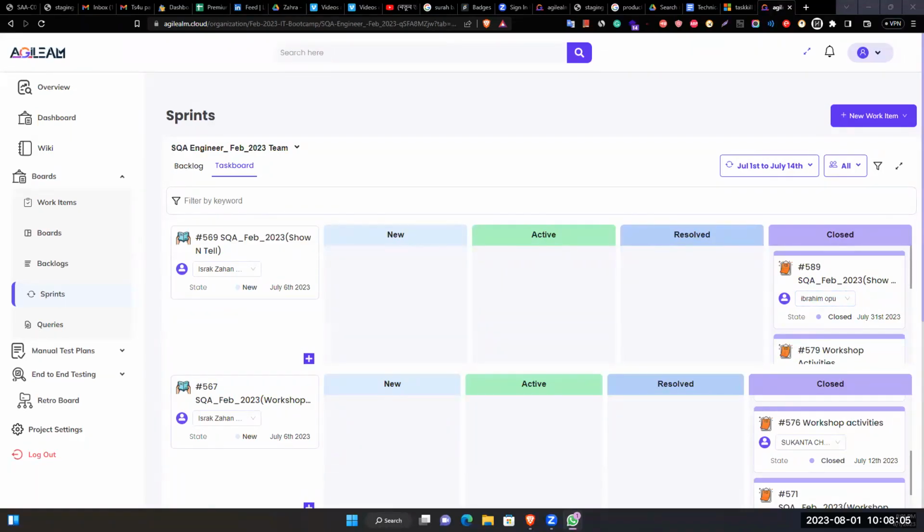So you can ask them in the group. Then we can send the message in the group to the other members. Yes, you can take the reference, like take the screenshot, and say okay, I can see only Opu and Veronica created the show and tell. What about the other members? Are you guys creating the show and tell, or having any plan to give the show and tell this week? Then they will respond to you.